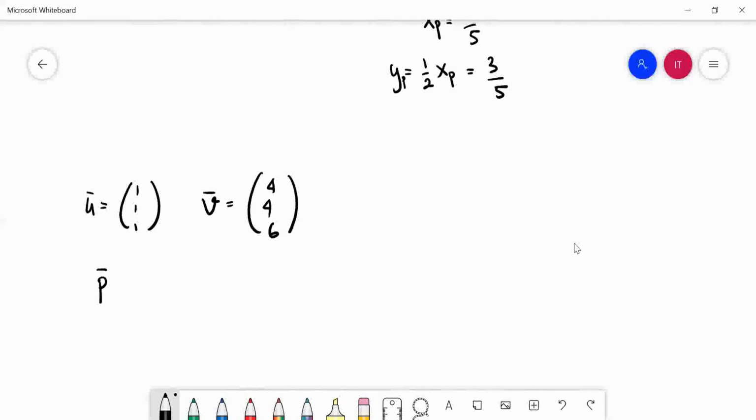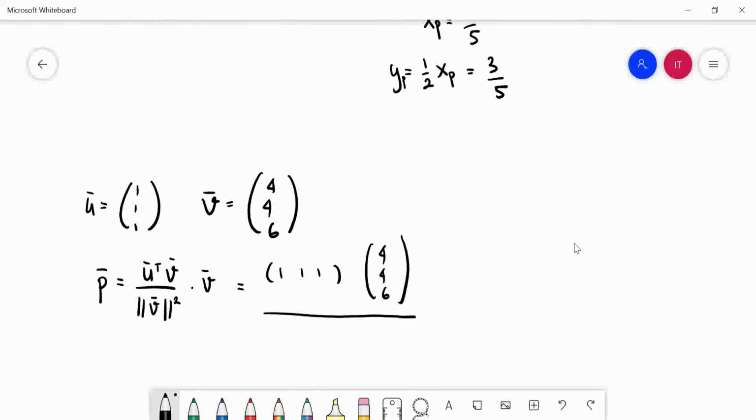The projection of u onto v can be written as all in vector form, which brings us to this, and here is the length of the vector. And then the vector itself is